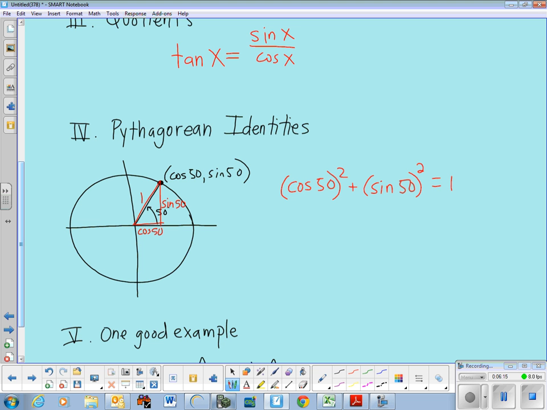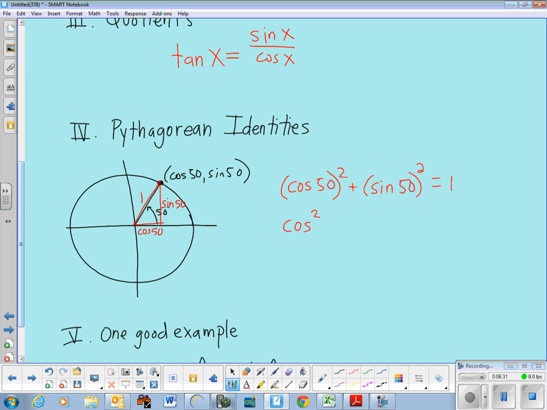The cosine of 273 degrees squared plus the sine of 273 squared equals 1. Again, it's an identity. It's always true. But what I was getting ready to say, when we want to write cosine 50 squared, we shorten that by